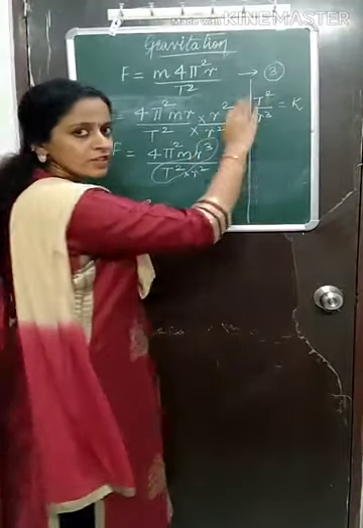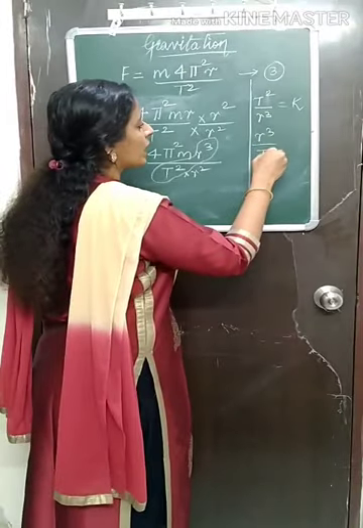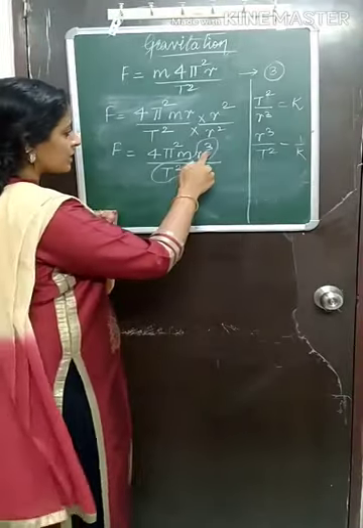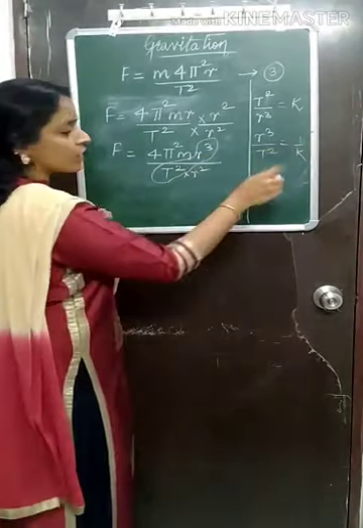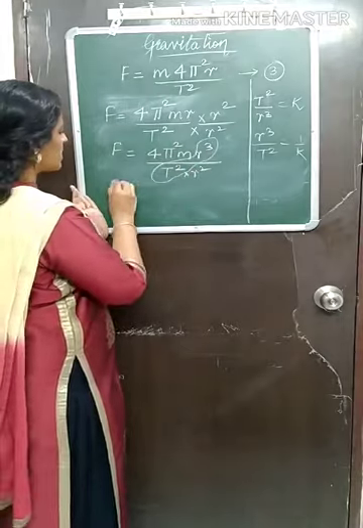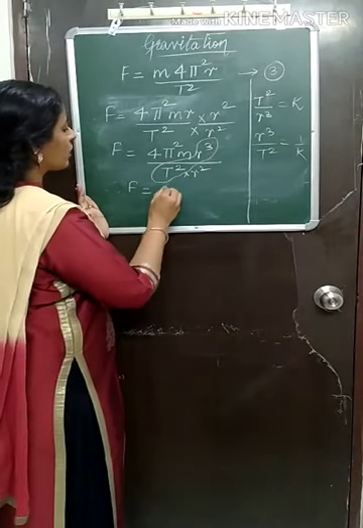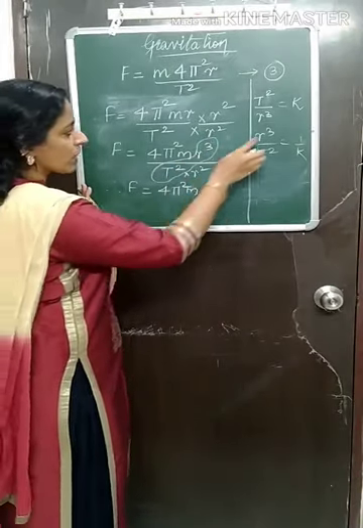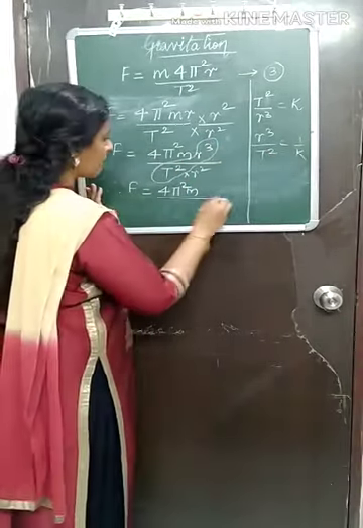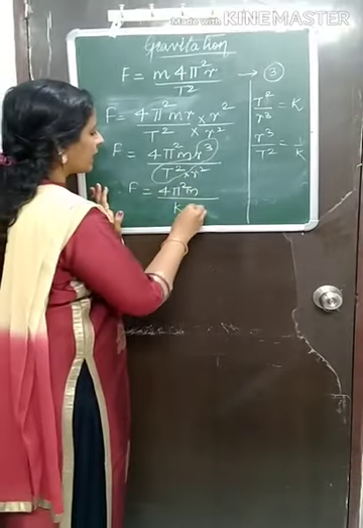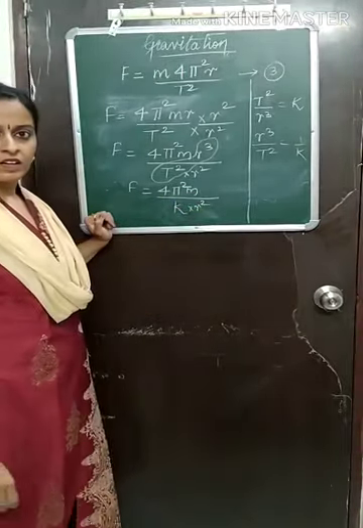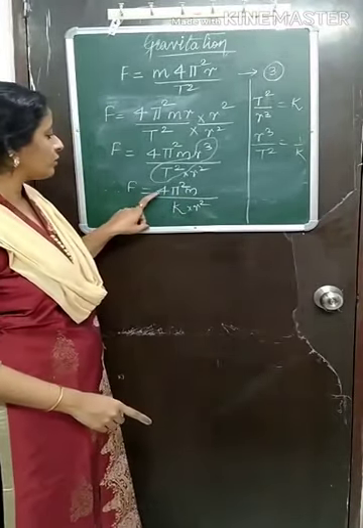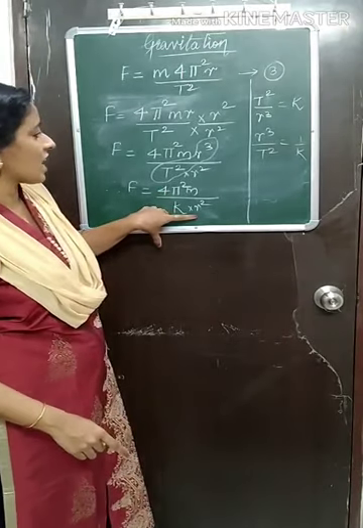So what will be the opposite of this? What will be r cube upon t square? It will be 1 upon k. Correct? So in place of r cube upon t square, you will write 1 upon k. Remaining things you keep as it is. So therefore, F is equal to 4 pi square m, r cube upon t square, what happened? 1 upon k. So that k will come down. And who is waiting there? R square. Understood till here? Now just look at the last equation. F is equal to 4 pi square m upon k r square.